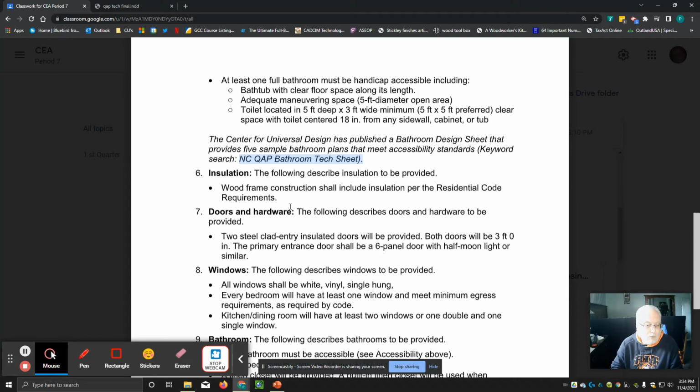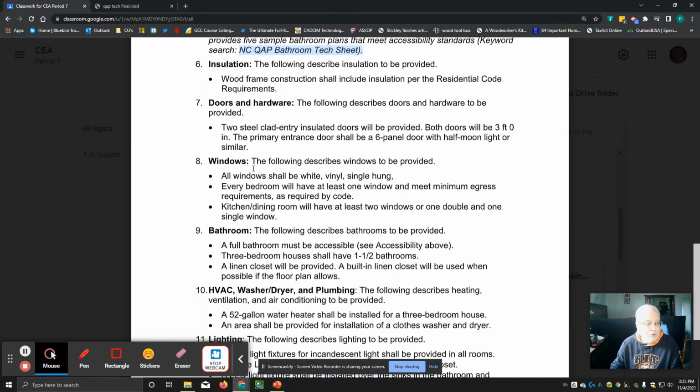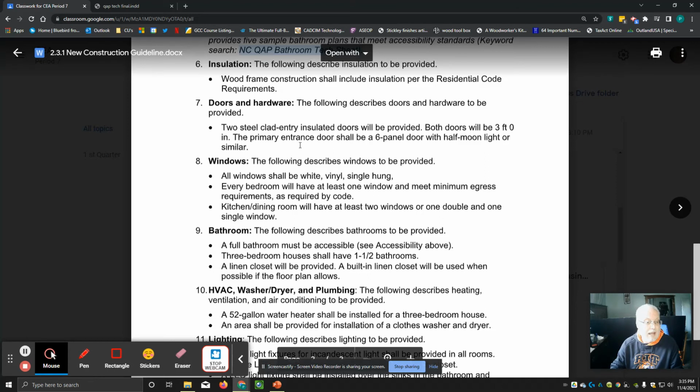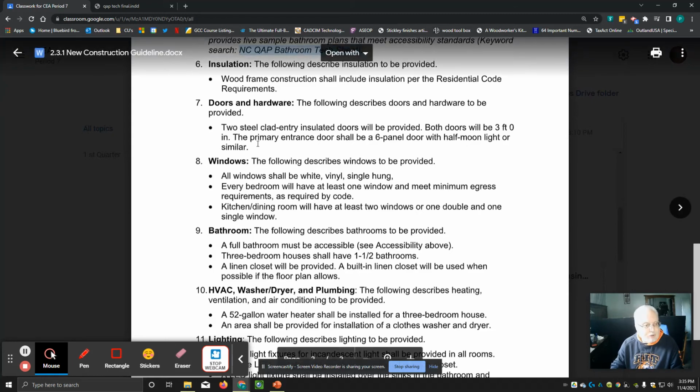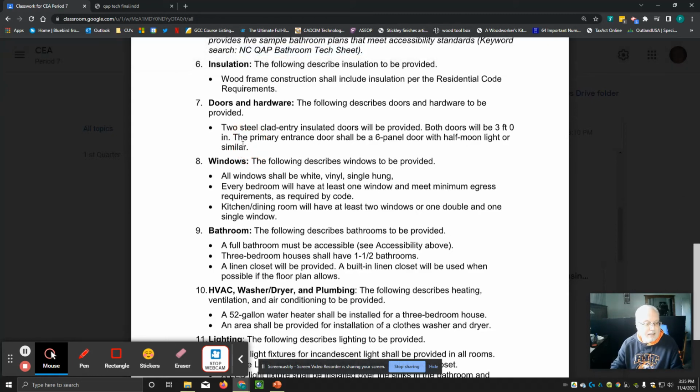Doors and hardware. The following describes doors and hardware to be provided. You're going to have 2 steel-clad insulated doors, one on the front and one on the back. They are to be 3 feet, which is 36 inches wide. The primary entrance door should be a 6-panel door with a half moon light or similar. I'm not sure that this door is actually available in our